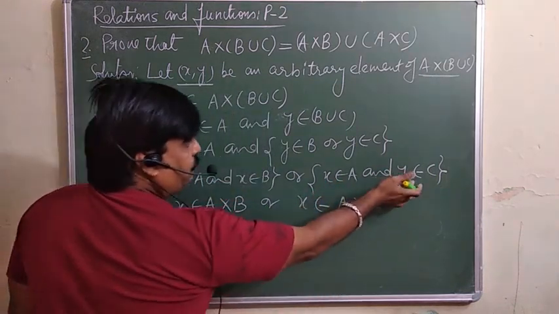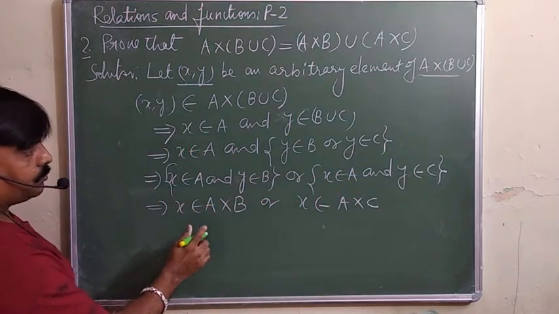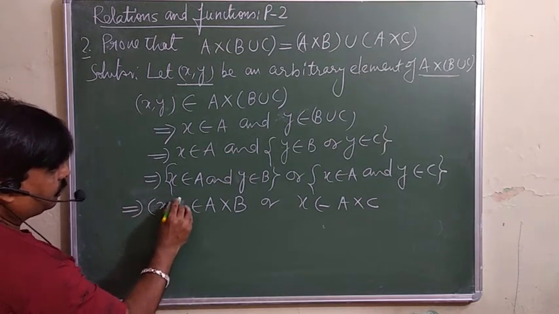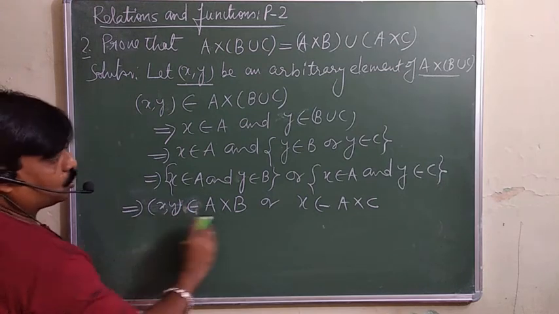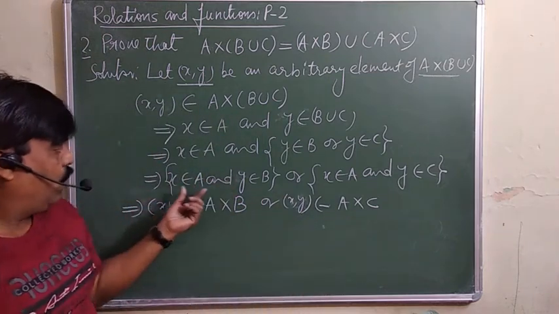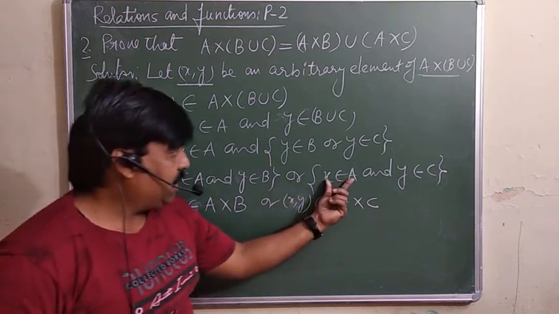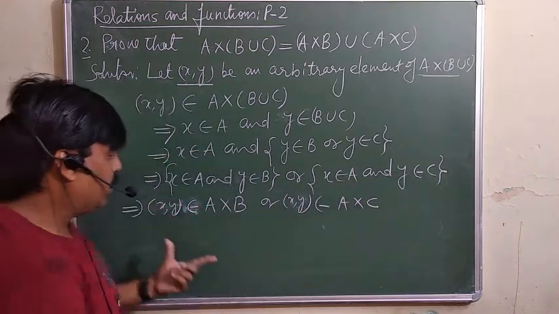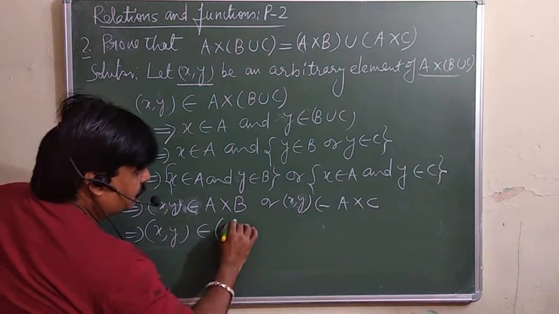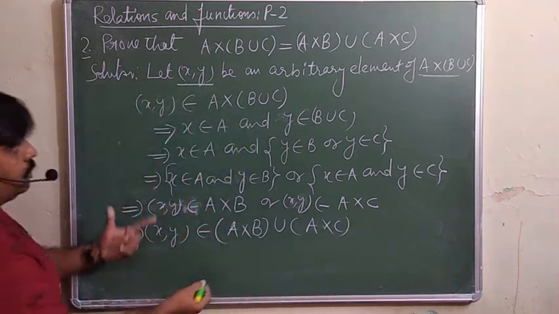First element is here, second element is here, this is y is here. So x belongs, because of order here, xy belongs to A cross B. Similarly here xy belongs to A cross C, because the first element is from A, y from B, so xy will be from A cross B. x is from A, y is from C, so it means xy belongs to this one. So that is or, it means what you are getting, xy belongs to A cross B union A cross C. This one. So what you are getting?